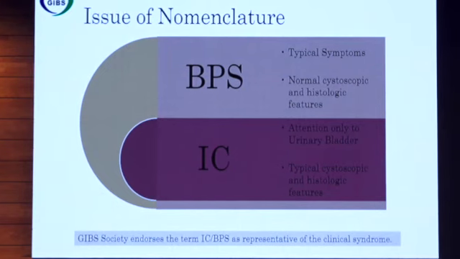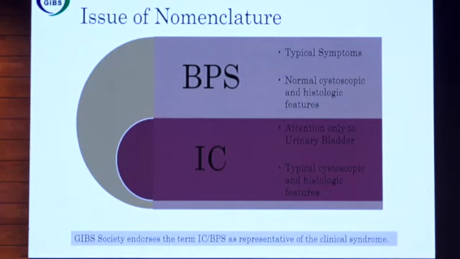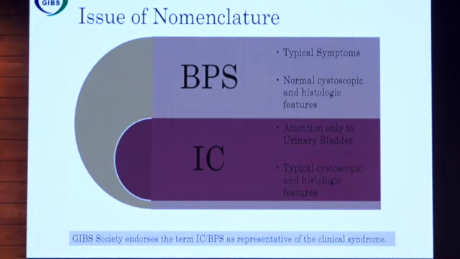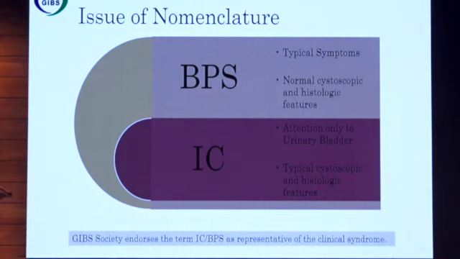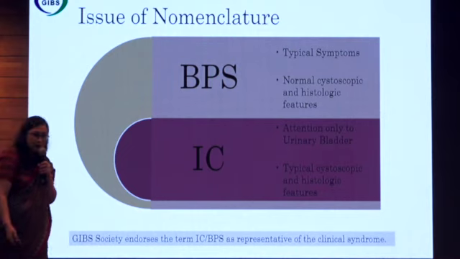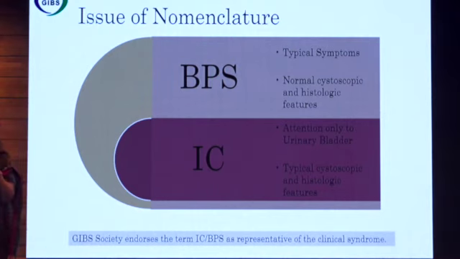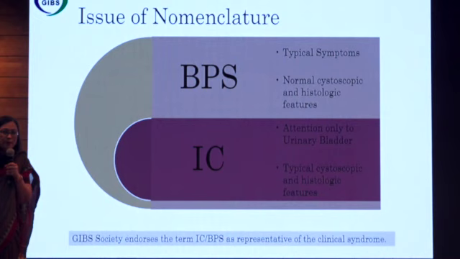Somebody will think, what is interstitial cystitis if everything is bladder pain syndrome? Why do we now use this terminology? Because only a subset of patients might have the particular signs of interstitial cystitis, those histological or cystoscopic features, which I will show you later. Sometimes there would be absolutely normal looking epithelium. You won't find any inflammation, like we see in the last case of cystoscopy. That doesn't mean the patient is not having bladder pain syndrome, because it is a diagnosis of exclusion.